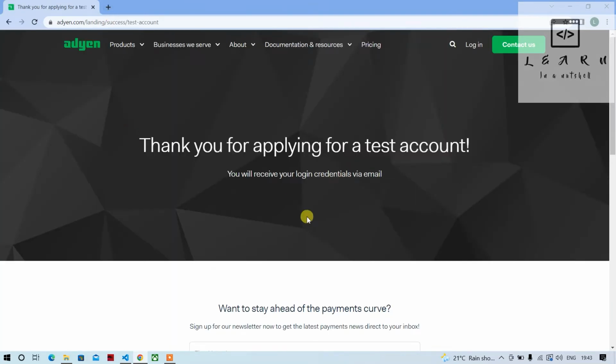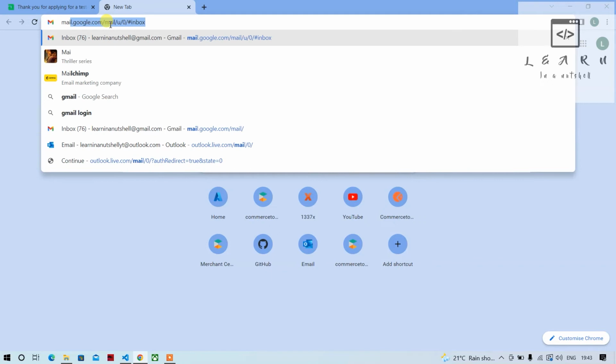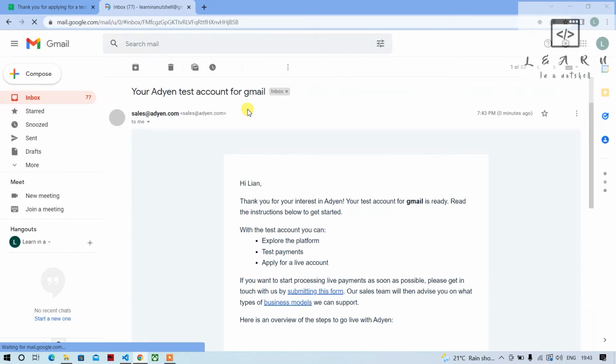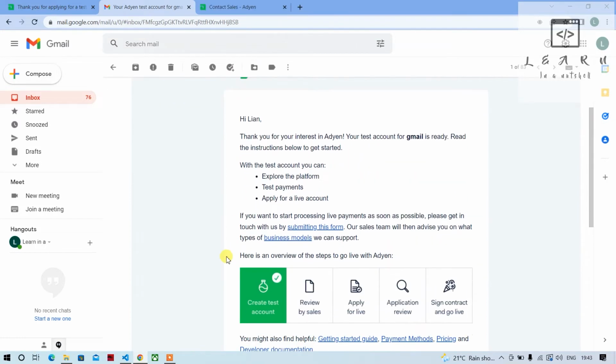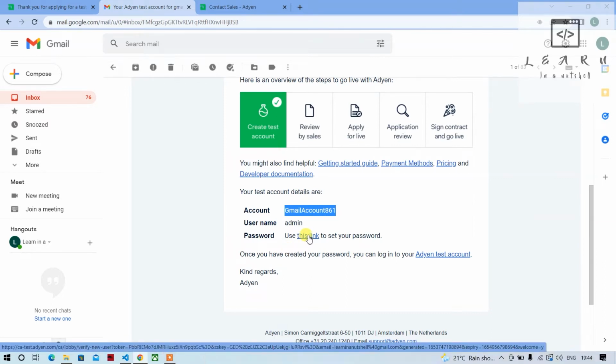So this is how the page should look once the registration is successful. Now we'll go to our email and complete the other things from there. So I've got one email. This is how the mail looks. You should see all the account details here, and this is where you'll have to set your password. Click on this